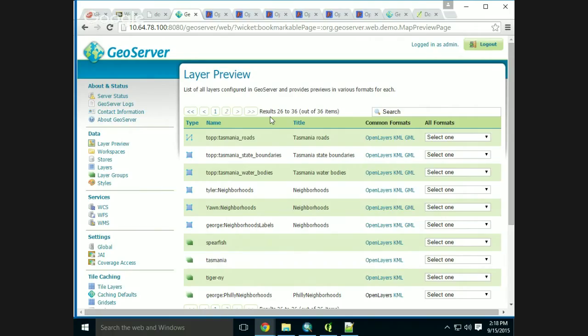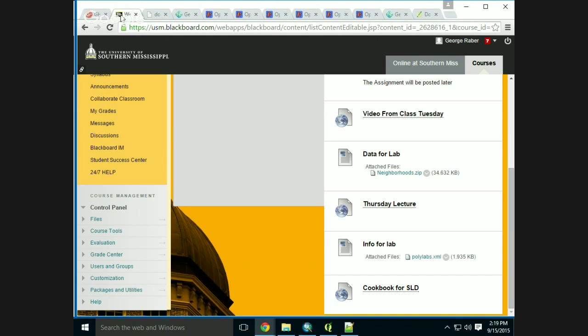the week previous we covered how to create a map document and publish a map document. So we've covered both open source and commercial map publishing techniques. And then if you look here at the syllabus,